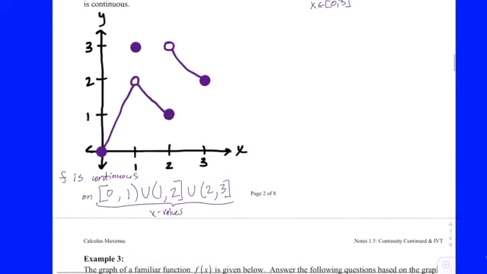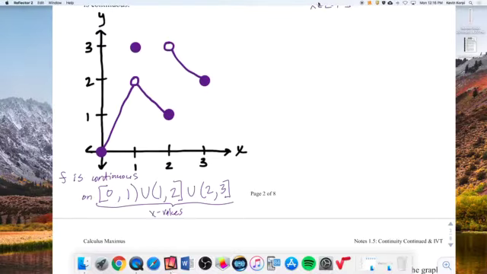Okay, have a good lunch. We'll pick up with example 3 after lunch. Eat some carrots. It's good for your